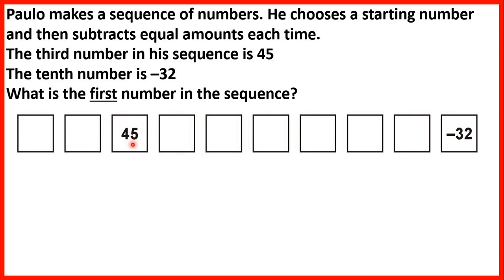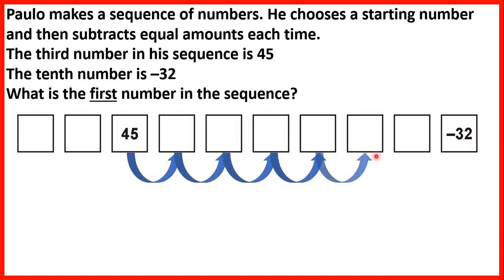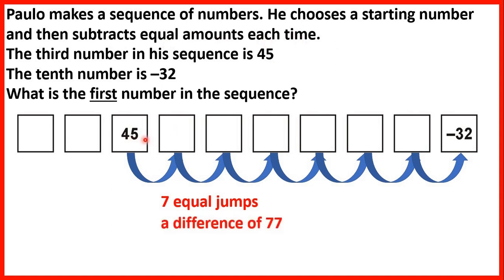So to get from 45 to minus 32, we have 1, 2, 3, 4, 5, 6, 7 jumps. So that's 7 equal jumps because he's subtracting equal amounts each time. And the difference between 45 and minus 32 is 77. That's because from minus 32, we would need to add 32 to get to 0, and then add 45 to get to 45. So if we need to add 32 and 45, then we need to add 77 altogether,